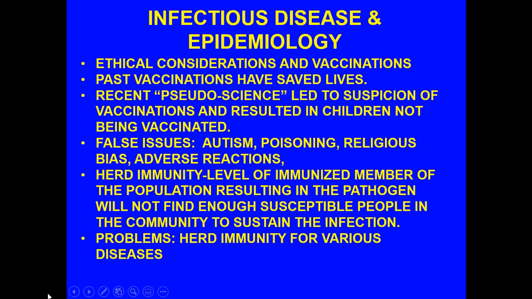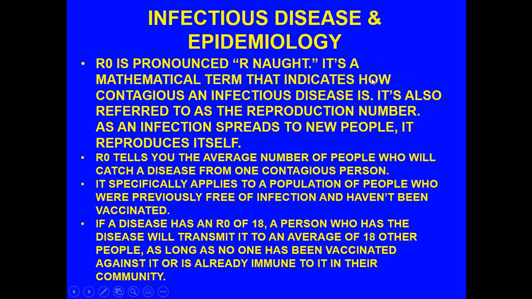Now, there's a concept called R naught. It looks like an R with a 0. It's a mathematical term that indicates how contagious an infectious disease is. It's also referred to as the reproduction number. As an infection spreads to new people, it reproduces itself. So the R0 or R naught tells you the average number of people who will catch a disease from one